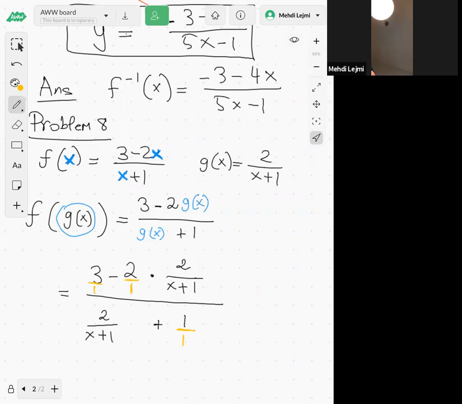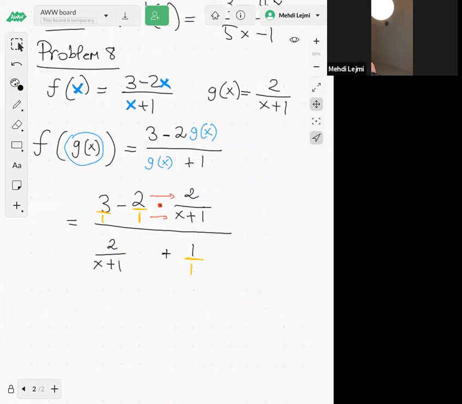Anyway, here in the top, this is a multiplication, right? So from the order of operations, we have to do multiplication first. We multiply straight across: 3 over 1 minus, 2 times 2 is 4, and the denominator is x plus 1 times 1. Now, in the denominator, as you can see, guys, because it's the sum of 2 fractions,